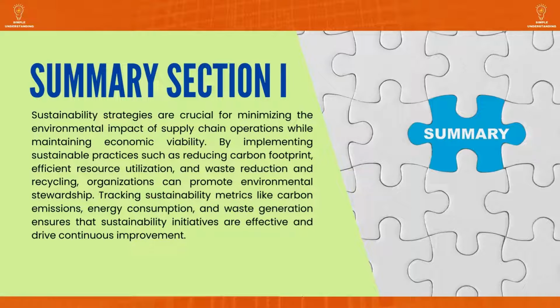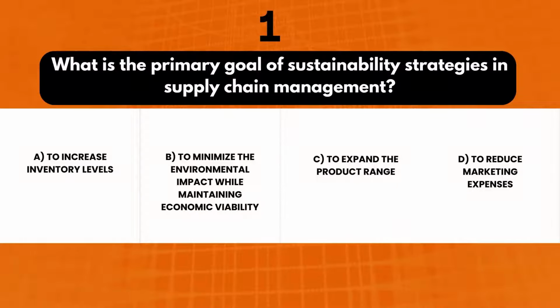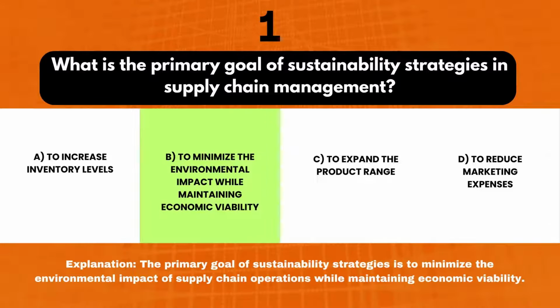and drive continuous improvement. Let's take a small practice test for Section 1. Sustainability strategies. 1. What is the primary goal of sustainability strategies in supply chain management? A. To increase inventory levels. B. To minimize the environmental impact while maintaining economic viability. C. To expand the product range. D. To reduce marketing expenses. Correct answer: B. Explanation: the primary goal of sustainability strategies is to minimize the environmental impact of supply chain operations